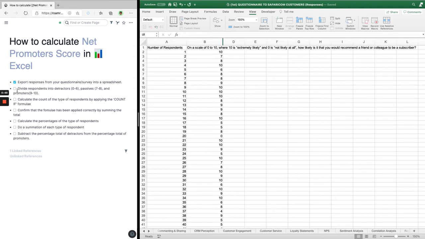The second thing we're going to do is divide the respondents into detractors, passives, and promoters. We're going to begin by building a new table here. We can call it types of respondents. And we have three types of respondents: detractors,